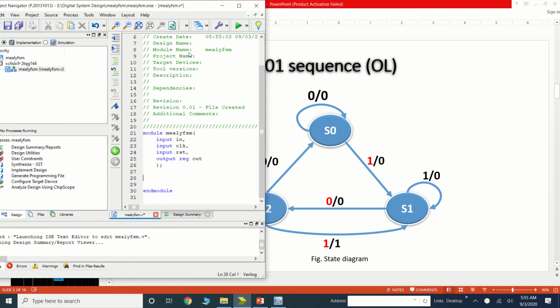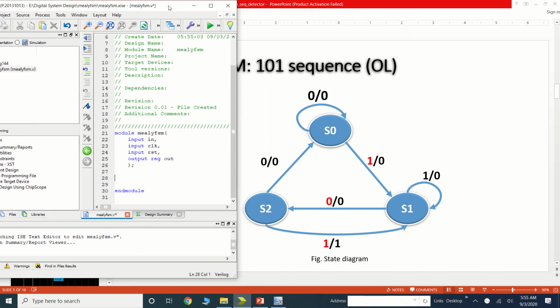Okay. So first, we have to declare the parameters for the constant states.